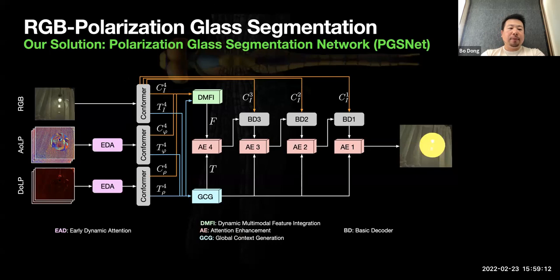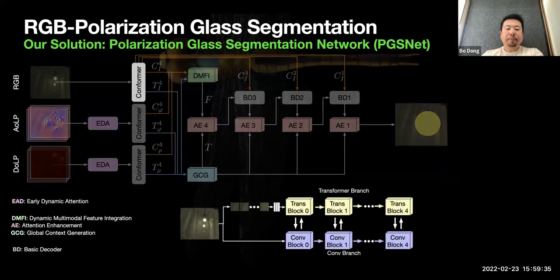So once we generate the logits and go through the softmax, we can generate the weights to balance the different color channels. And once we have this weighted AOLP and DOLP and RGB, these three domains can go through a backbone called Conformer. Conformer, I think it's developed last year, if I remember correctly. It's basically based on the transformer branch, the ViT